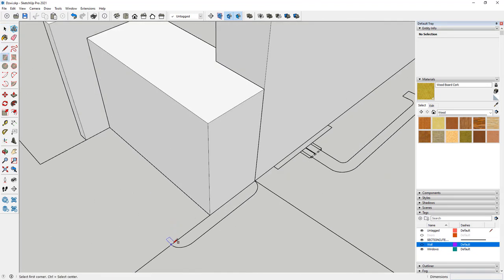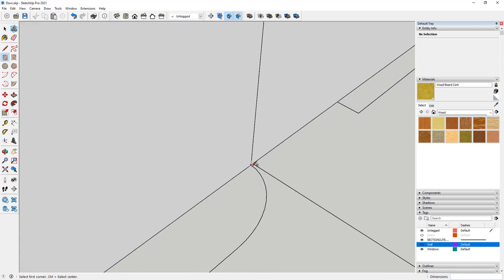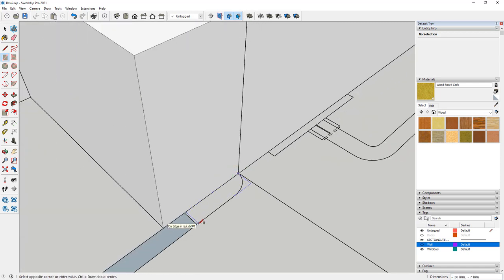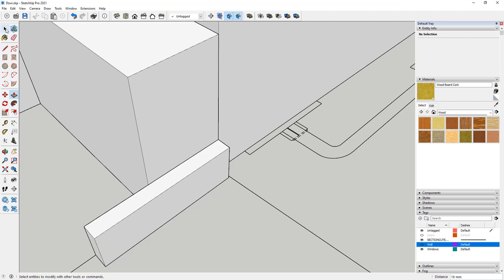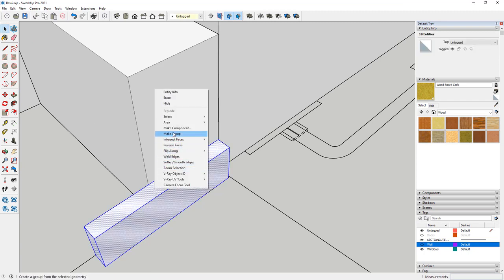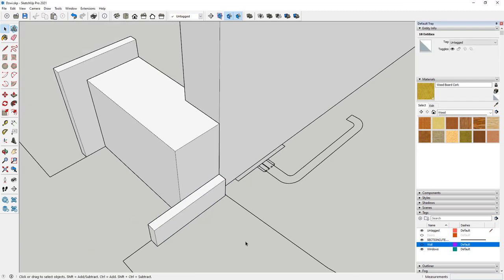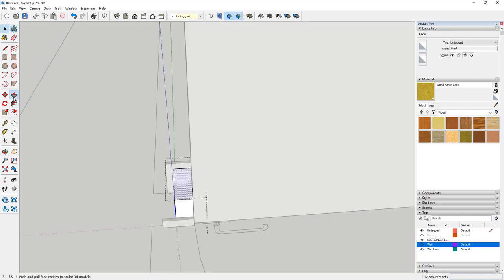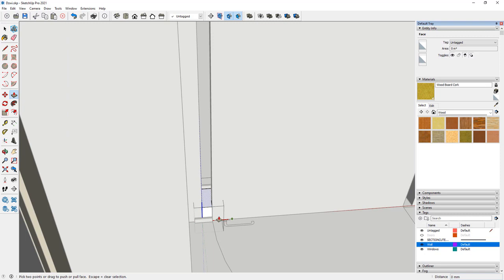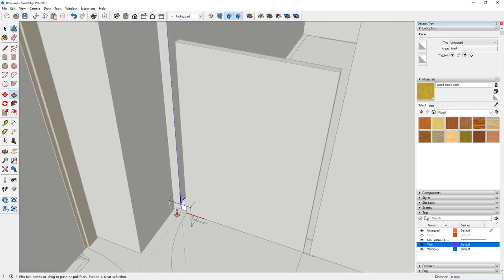You can copy those from before, or you can just model it again and remove all the lines and make it a component. Okay, so we are almost done. Now we need to copy everything and move it also to the opposite